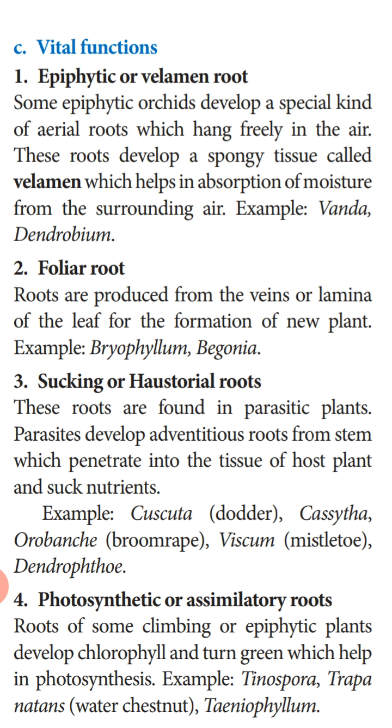Examples of sucking or haustorial roots are seen in cuscuta. Cuscuta is a total parasite. It cannot prepare its own food. So for food as well as for water, it sends out the haustoria which penetrate inside the xylem and the phloem. From the xylem it gets the water, and from the phloem it gets the food. The next example is viscum. Viscum is a partial parasite. It can prepare its own food, but it requires water. So for the water, it sends out haustoria which penetrate inside the xylem of the host plant, and it absorbs the water and can photosynthesize.